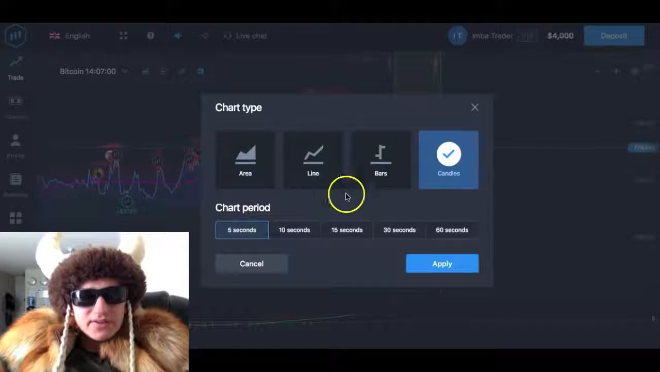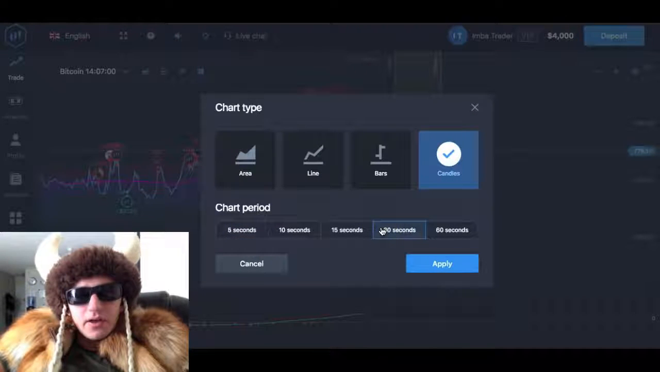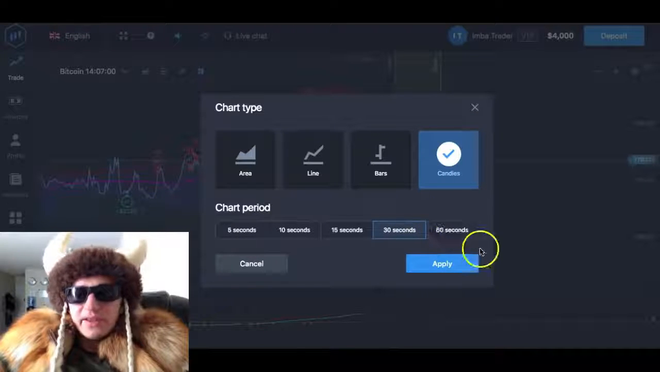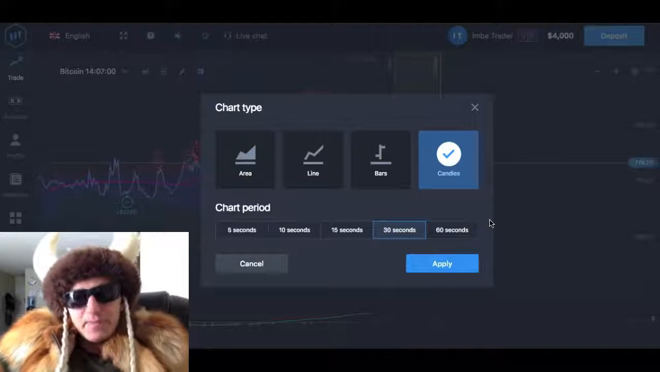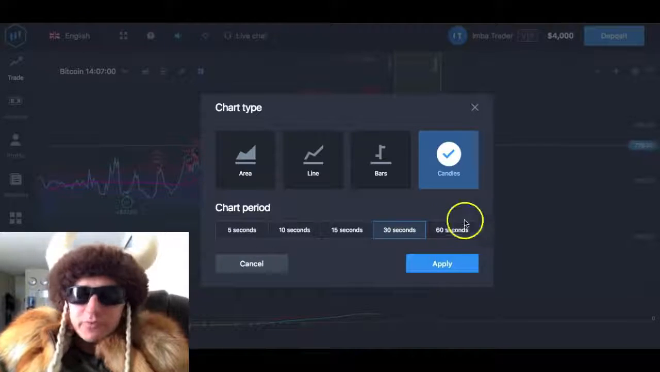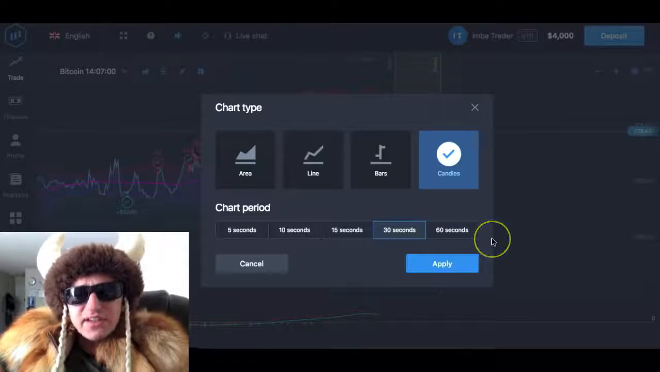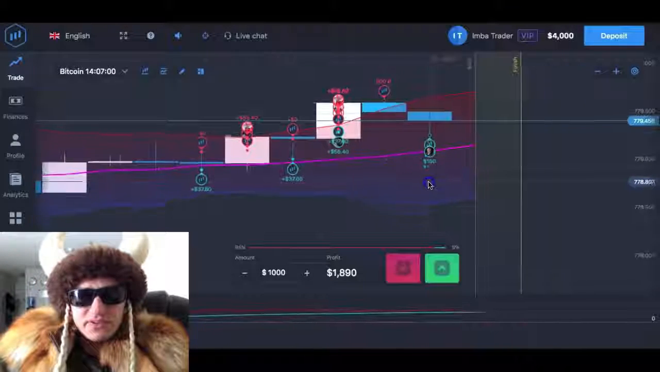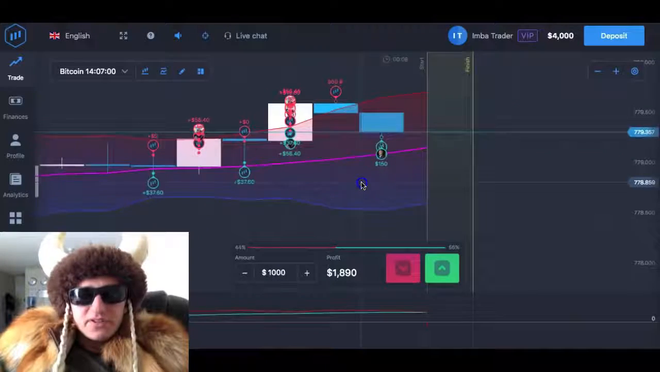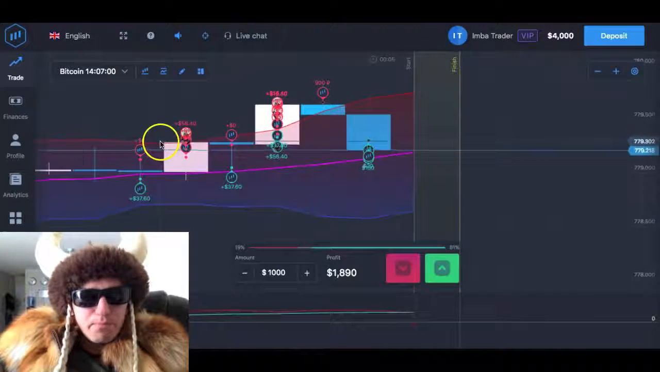with the candlesticks graph, but make sure that you choose either 30 seconds or 60 seconds period, because it will give you more reliable information. Actually, I think 60 seconds will be even better, but I'll use 30 seconds here to show you how it works. So you see the Bollinger Bands